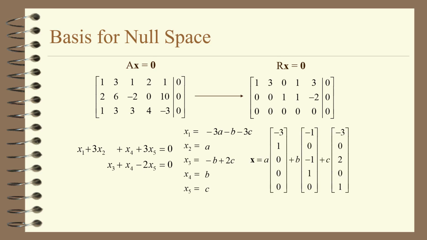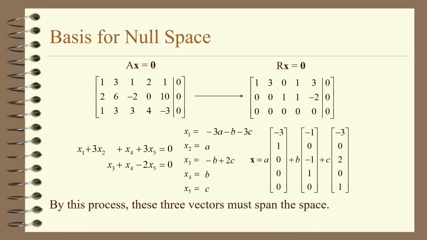You then have the vector x can be written this way. Notice that what you get is 3 vectors. And every single vector x that's in the null space is a linear combination of these 3 vectors. So these 3 vectors instantly span the null space. So that's really nice. But also though, those 3 vectors have got to be linearly independent, because if this vector